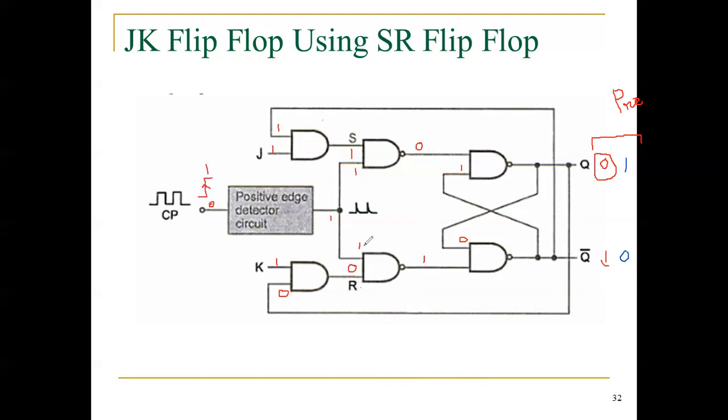That means 0 here. I repeat once again. Since one of the inputs is equal to 0 here, that makes the output equal to 1. All the inputs are 1, my output is equal to 0. Since it is 0, what will happen? This makes the output equal to 1 now. That 1 comes to here. All the inputs are 1, sorry. So my output is equal to 0. Here only the important thing you have to listen to.